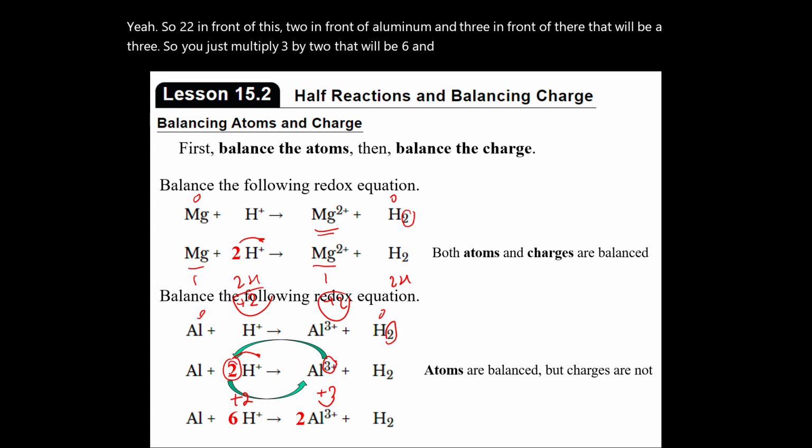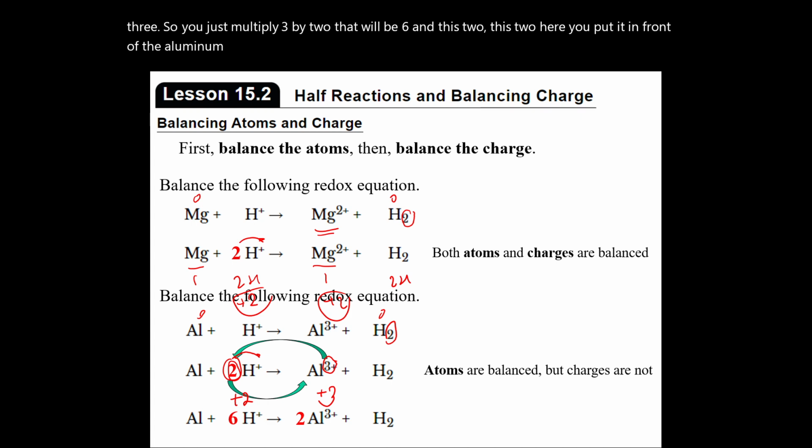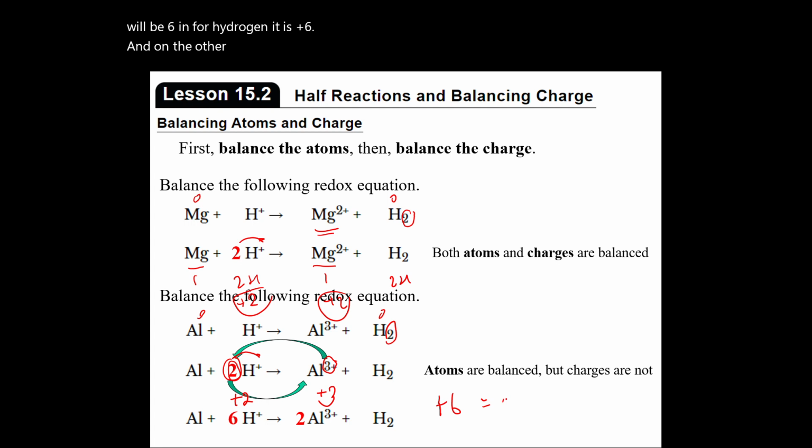And this 2 here, you put it in front of aluminum, that will be 2. And now if we find the charge here, that will be 6. For hydrogen, it is plus 6, and on the other side, we got 2 times plus 3. That's plus 6. You see, the charges are balanced as well, and